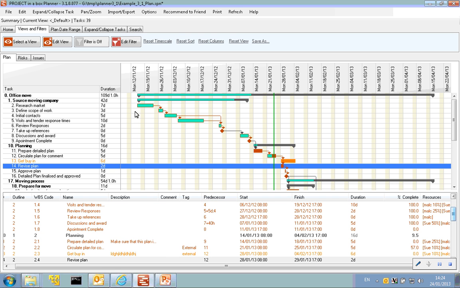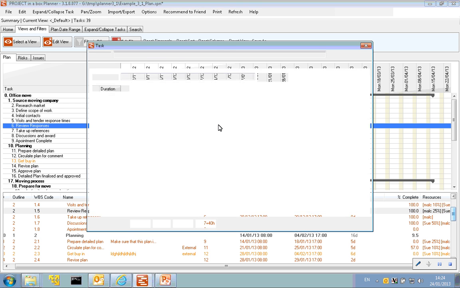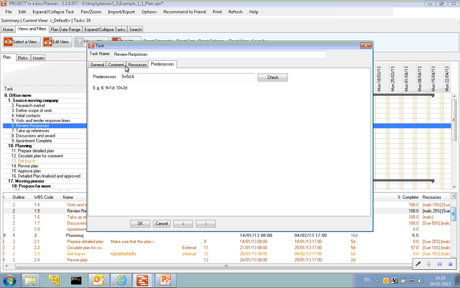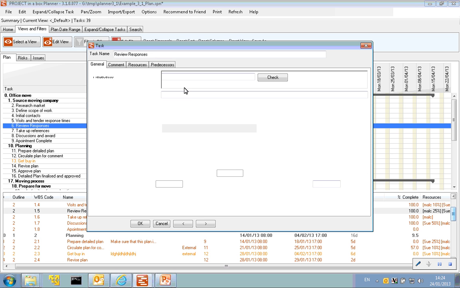Tasks are very quick and easy to set up, and they're structured in the normal sort of way, tasks within summaries. So if we go and have a look at a particular task, this is an interesting one because it's got multiple predecessors,